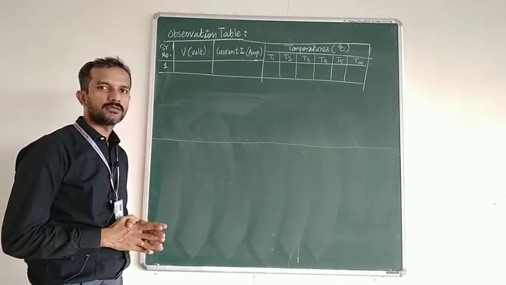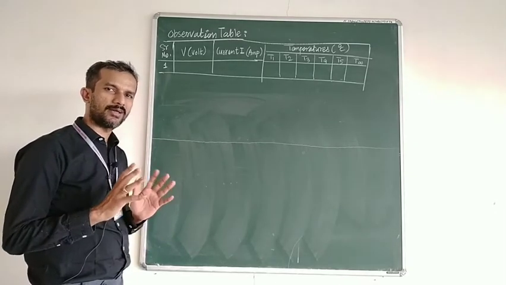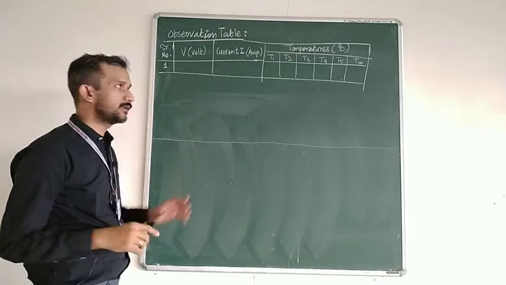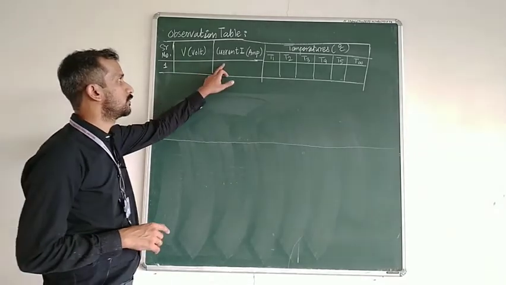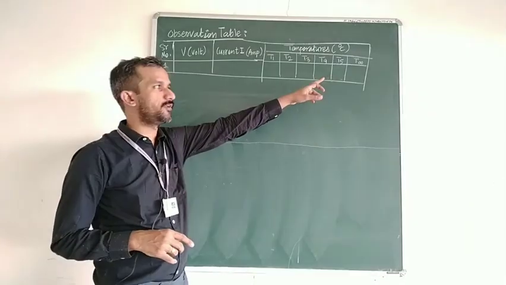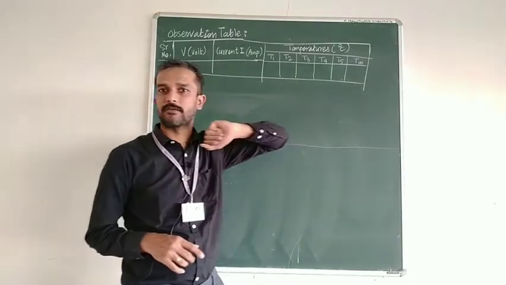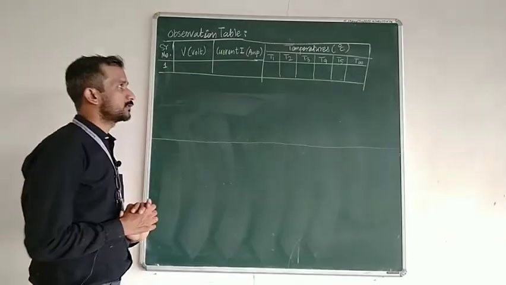We'll take the readings. Since we started the setup 2 hours ago, it is now almost steady state, so we'll take the readings. You can observe that there will be voltage and current. T1 to T5 are the temperatures across the fin, and this is the ambient temperature that will be taken before starting the trial. Okay, so let us go for the readings now.